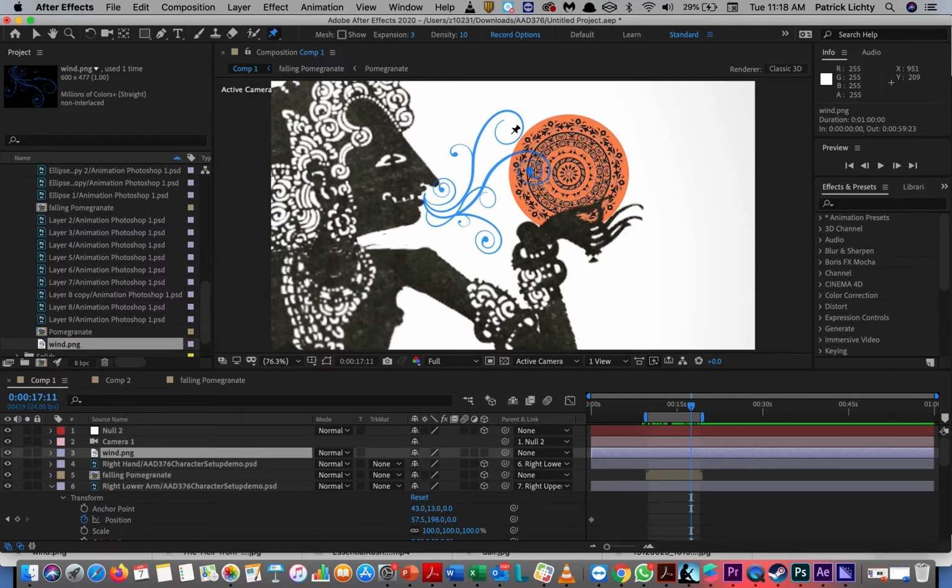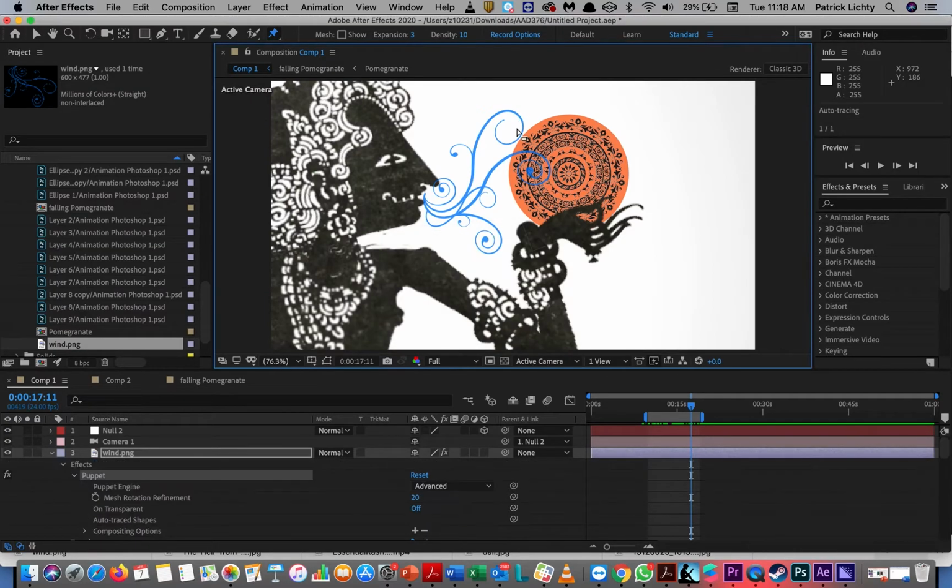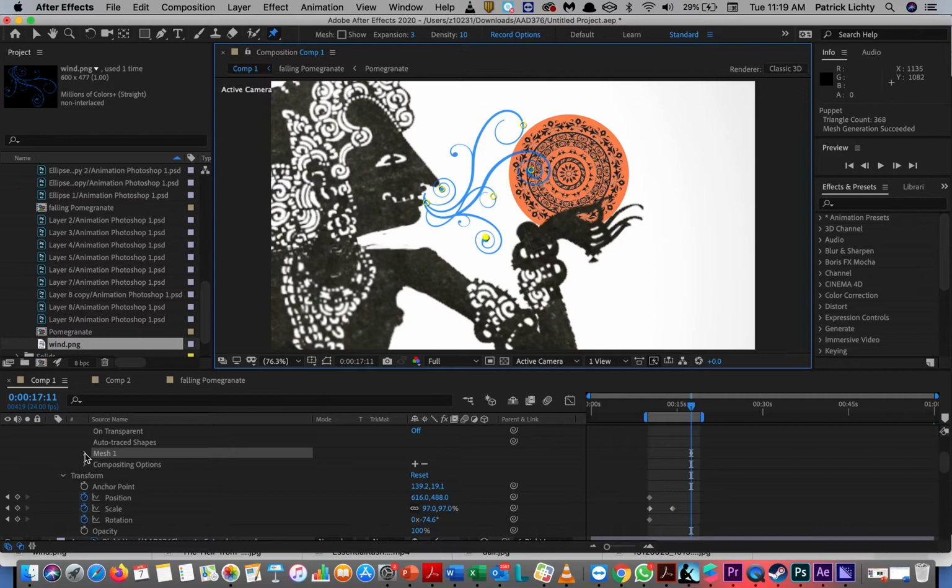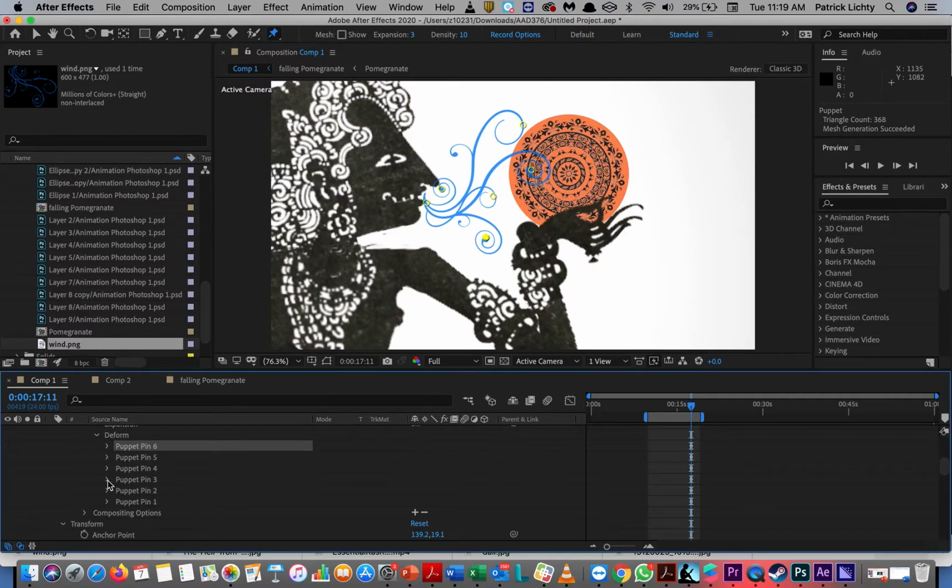I'm going to take this. Since it's transparent, it only deals with stuff that isn't transparent. Okay. So let's just open up this mesh and deformations. I've got about 6 pins in here. And actually, I don't need to move them all, but I'm just going to play around with them. And the other thing that I'm going to do is that I'm going to